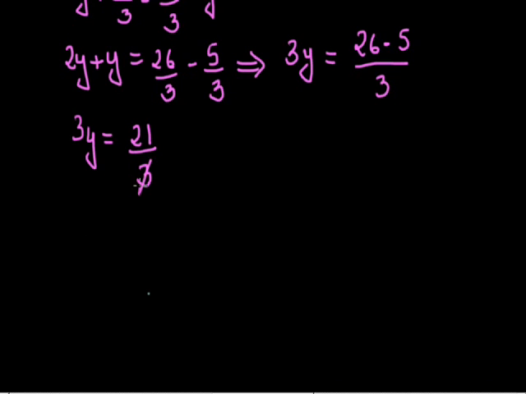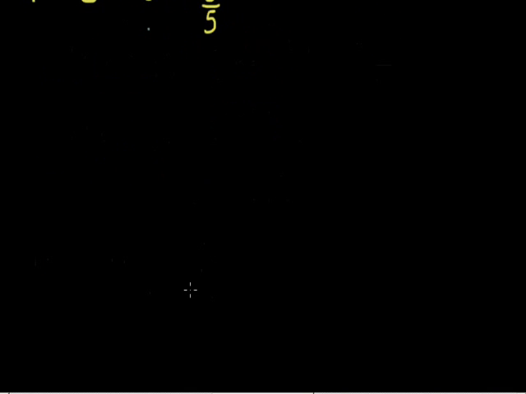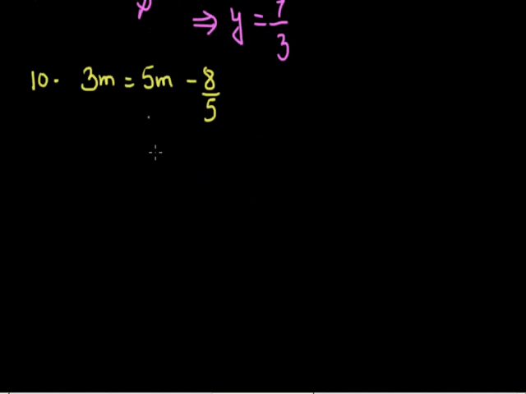I can cancel it. 3 7s are 21. So I am getting 3y is equal to 7. Now to get the value of y, I can divide 3 on both the sides. So y is equal to 7 upon 3. Okay, the last question of the exercise, 10th question. 3m is equal to 5m minus 8 upon 5. Now what I can do is, I can shift 3m to the right hand side and minus 8 by 5